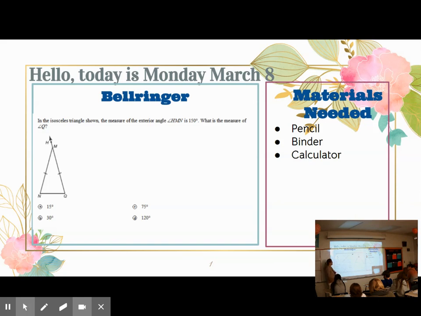SSS would have 3 pairs of sides, and there'd be no angles. There could be, but it doesn't have to be, as long as you have 3 sides marked, you're good. Alright, so on your assignment, first thing on the front page, it says state if the 2 triangles